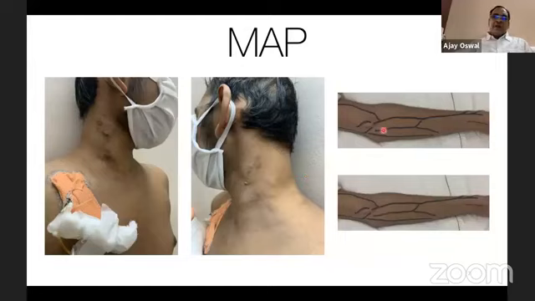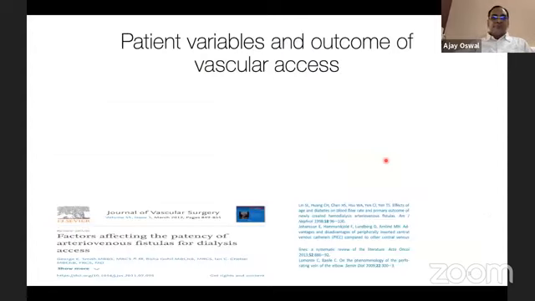When I get a reference for AV fistula construction, I ensure that two things are available: a marker pen in my pocket and a tourniquet in the vault. After inflating the tourniquet, I distend the vein, mark all the veins, mark 2 arteries, and then decide my incision, decide my approach, and decide my site for AV fistula.